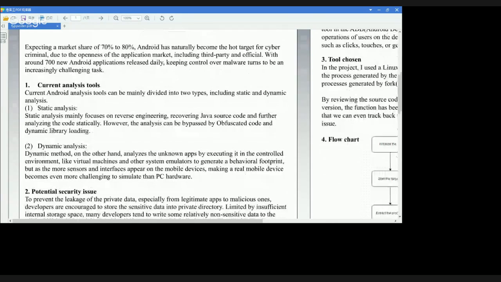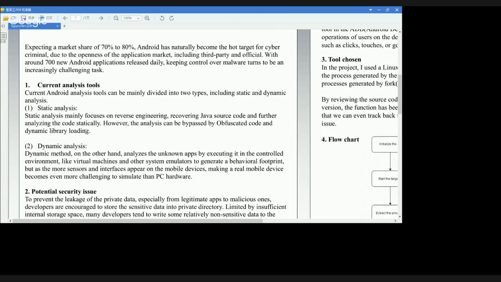On the other hand, malware authors can bypass analysis by dynamic library loading, like loading the library during the running time, and code obfuscation. In other words, exchanging the code for ones that are equivalent with respect to functions, which are commonly used technologies enabled by developers to protect the source code of the